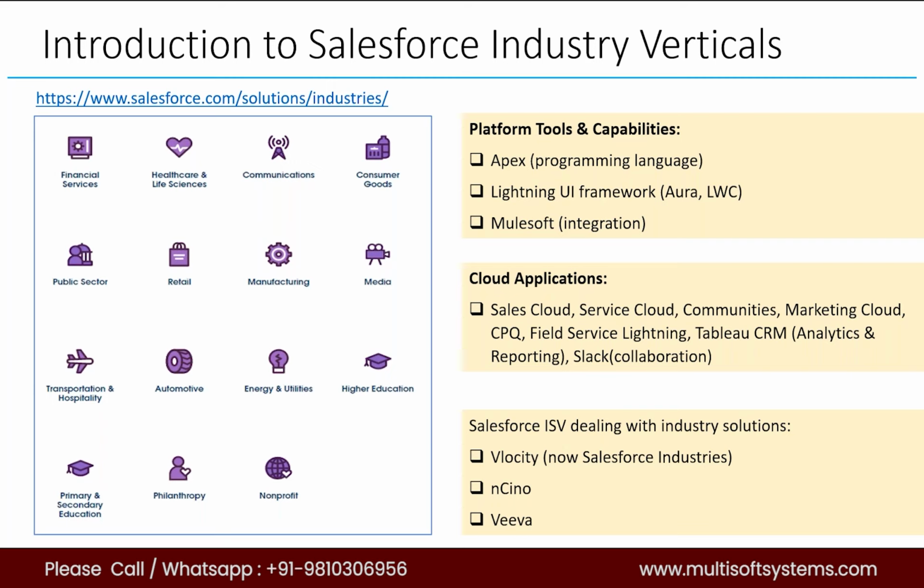But if you are using Sales Cloud and Service Cloud for any industry, say financial, you will have to customize everything. You don't get any out of the box data model. You are talking about KYC. For KYC, Sales Cloud doesn't offer you any out of the box data model, so you will create your custom objects. But when I take Financial Services Cloud, you might get a few things out of the box related to KYC. So what I'm saying is that this industry cloud gives you specialization. On top of your vanilla Sales and Service Cloud, you get a specialized data model.